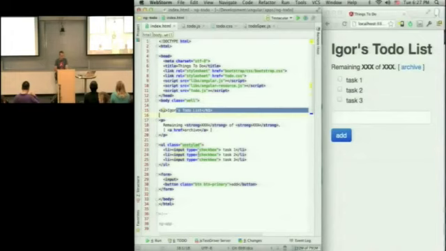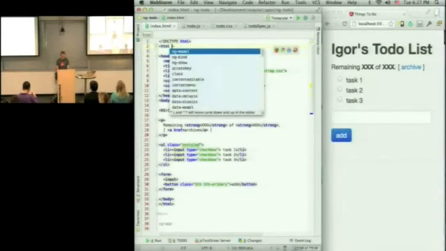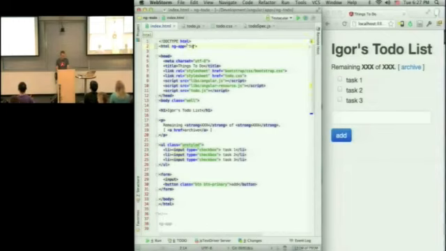Now, what I want to do is turn this into an Angular application. And notice that this HTML is served just with a static HTTP server, so there's nothing happening on the server side. So what I'm going to do is say that this is an ng app, and I give it some name, and then